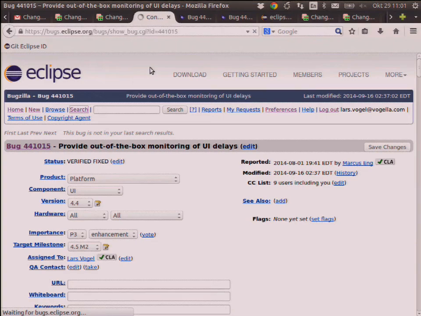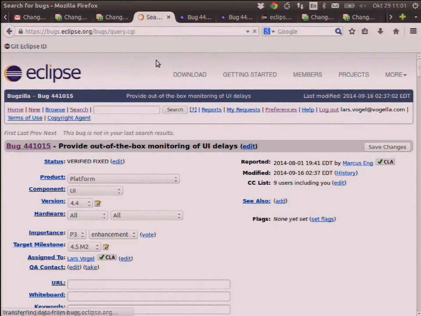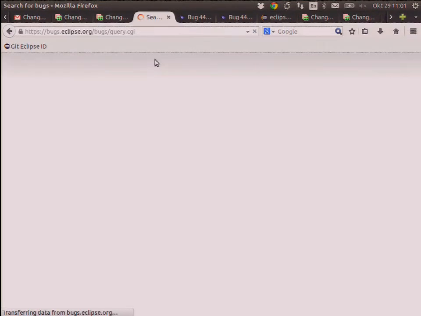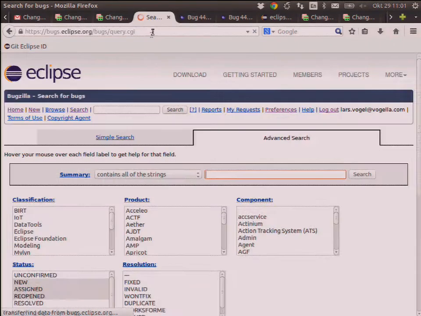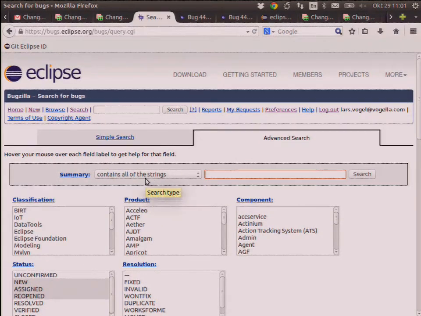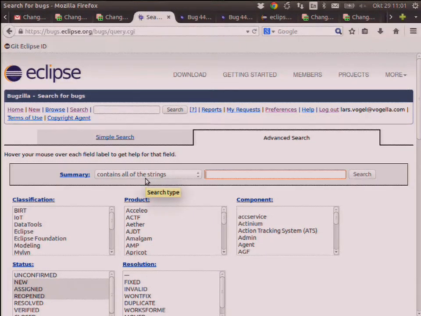The question was, do we have a list of easily fixable bugs? And the answer is yes and no. There's a tag which we use in Bugzilla which you can search for, which is bug day. If you search for it on our component, we have marked a few bugs which we think are relatively easy to solve for new contributors.